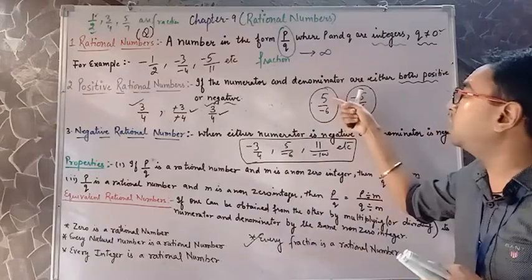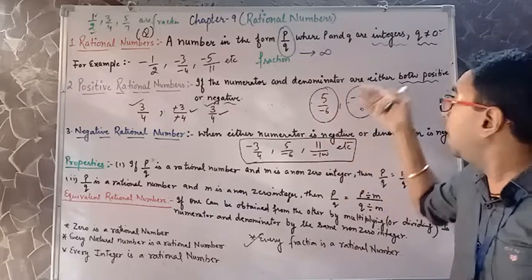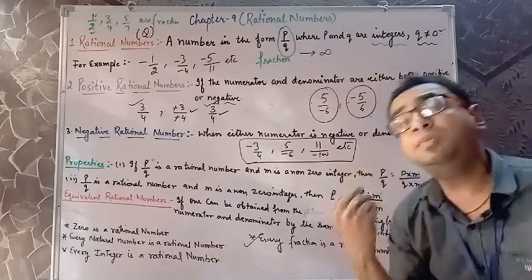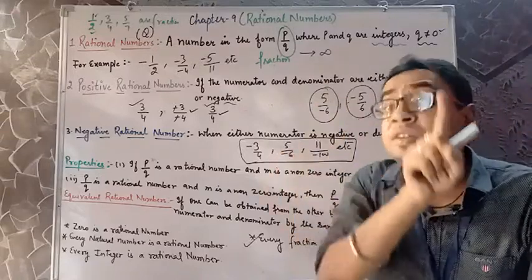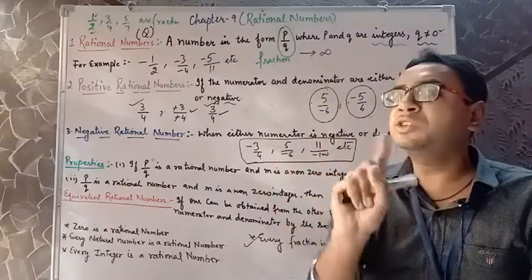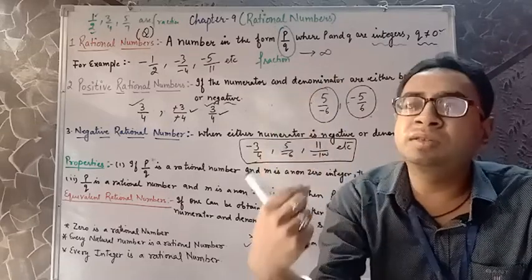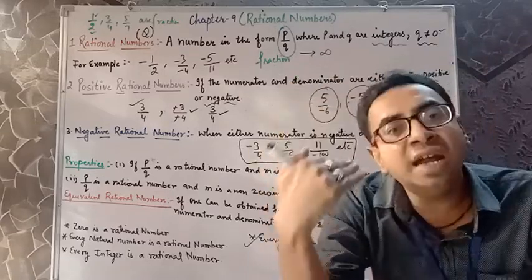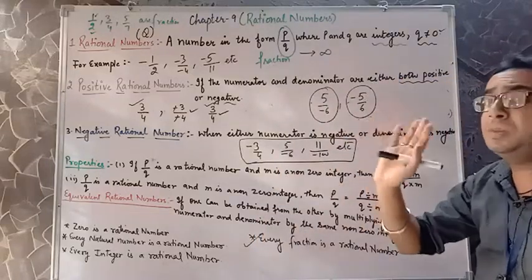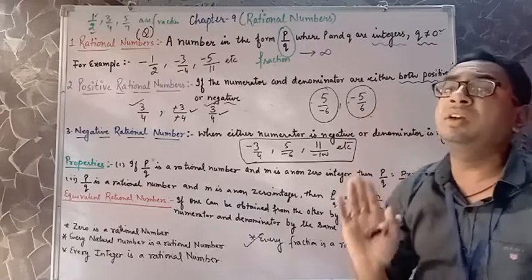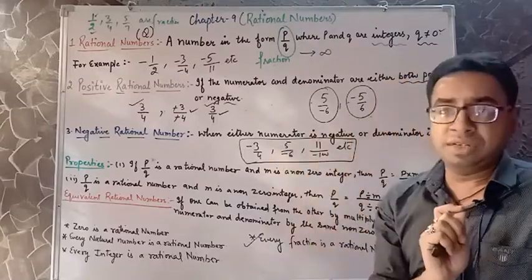Earlier, the numerator was 5 and the denominator was minus 6. But here the numerator is minus 5 and the denominator is 6. That is the change. But the resultant rational number is not changing, right? Earlier also my resultant was minus 5 by 6, meaning it was a negative rational number. Here also we have a negative rational number. So there will not be any change, only the change of numerator and denominator part. Are we clear? So in standard form it is a very important condition.